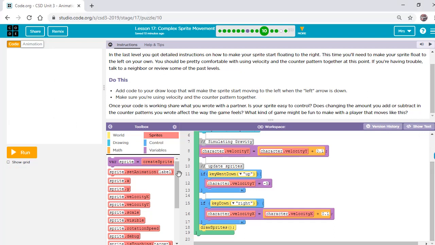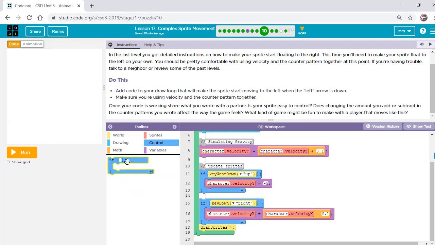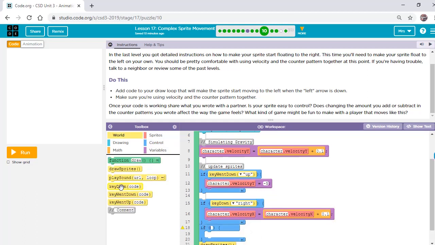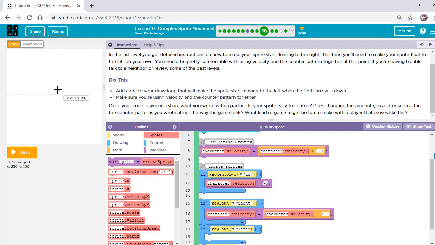So, moving to controls, you need an if statement. From here, select key down and select left. We need to move the sprite to the left. To the left meaning, yes, decreasing the x value. So, sprite.velocityX, change the name of the sprite to character, then